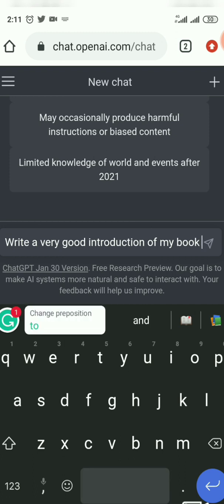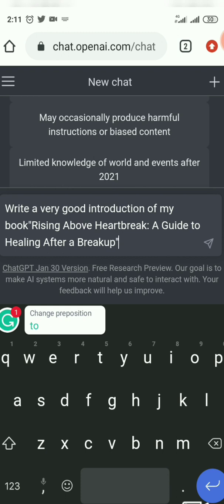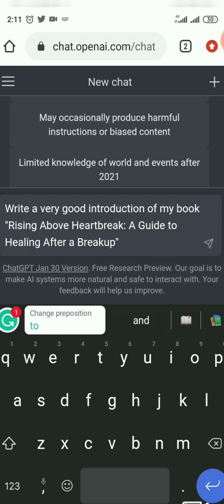Then you paste in your book title. Write a very good introduction of my book, Rising Above Heartbreak, a guide to healing after a breakup. Remember, you are going to be creative. Use a storyline to make your book look so real, using a storyline